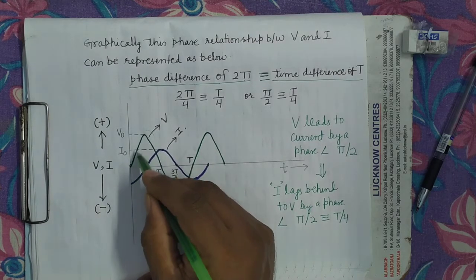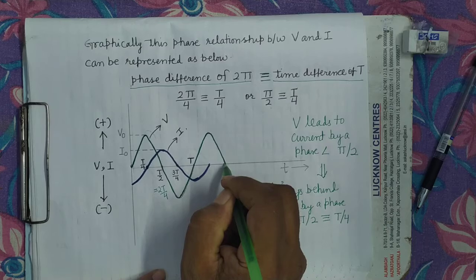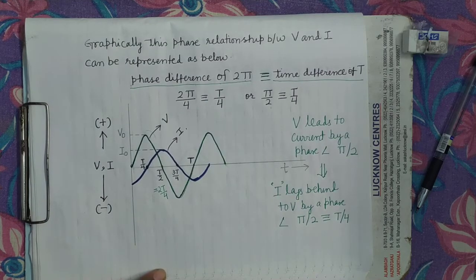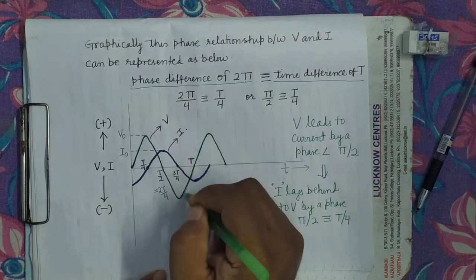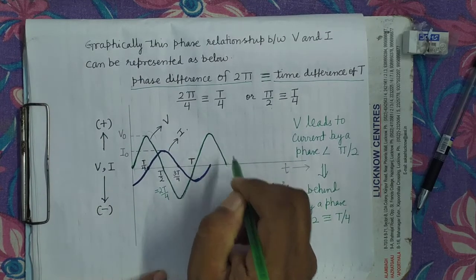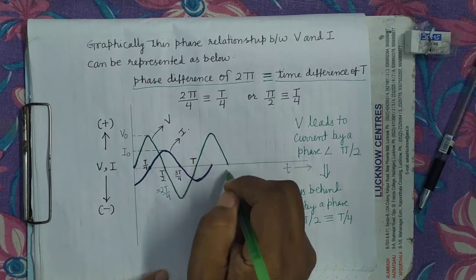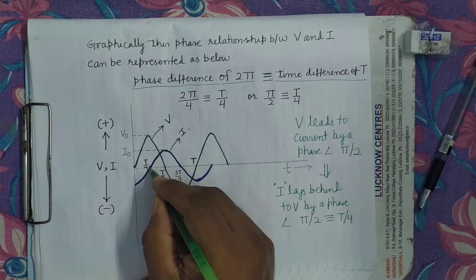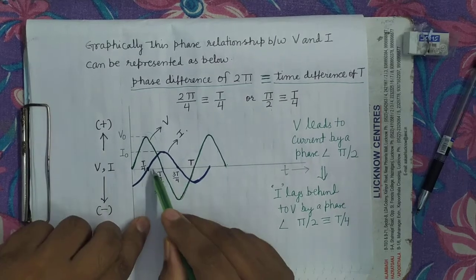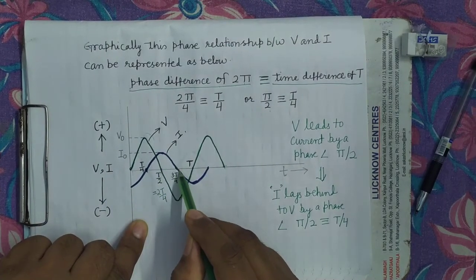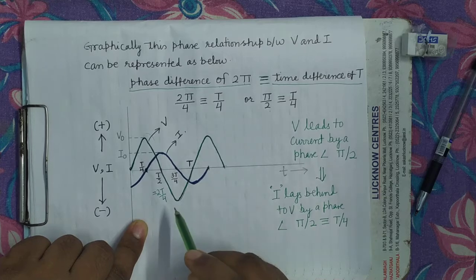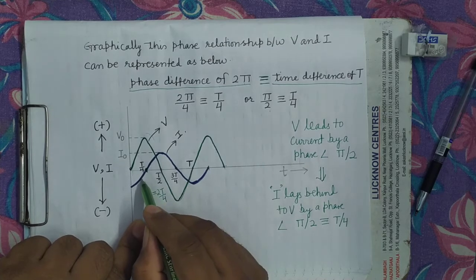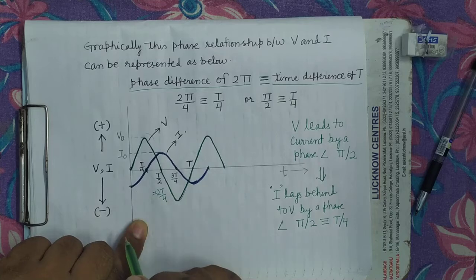You can see here, this is the phasor of the voltage. Now we will start the current, not the phasor. This is the graph of the AC voltage. We will start the graph of the AC current from which time? From time T by 4. See here, it is started from here, and this is drawn in this way. If you produce it back in this direction, it will come up to this point.